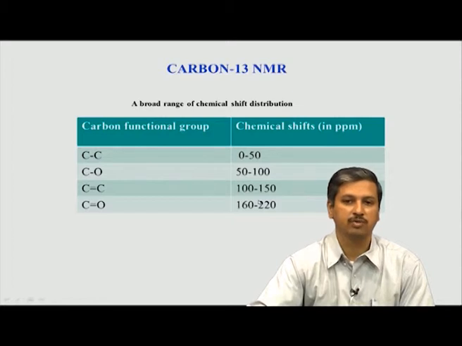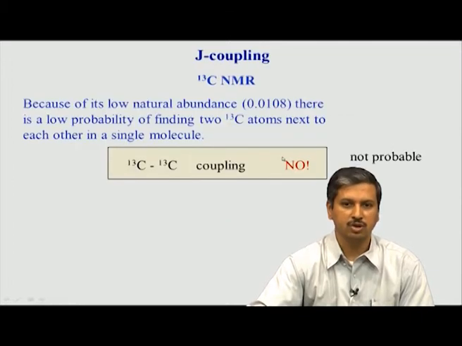Typically when we do solid state NMR of many materials, in materials science and materials chemistry, many times we just want a broad quick picture of what functional groups are present in the sample, in the molecule. At that time we just record a 1D carbon spectrum, and based on the peaks present in the different zones, we come up with a hypothesis of what functional groups are present in this molecule. This is a broad range.